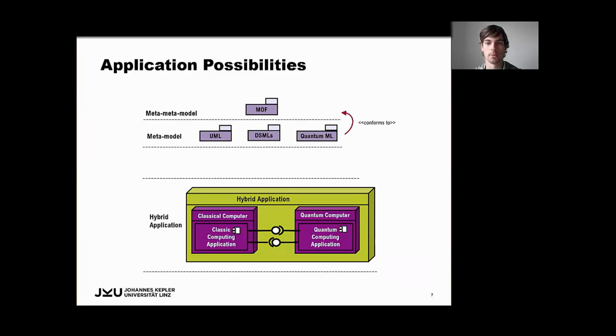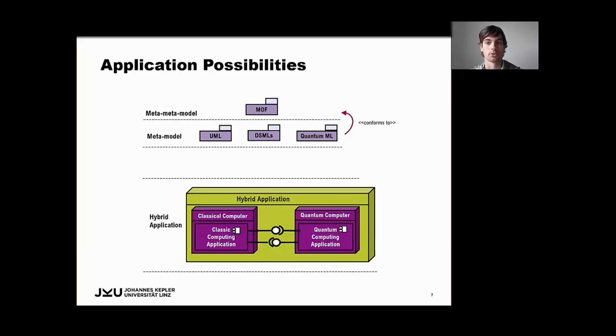So within MDE, models are either created via general purpose modeling languages like UML, or with domain-specific modeling languages, which are specialized to an application domain. And these DSMLs can be further categorized into languages focusing either on the problem domain, like the one we propose in our paper with the problem domain of social network analysis, and languages focusing on the solution domain. An example here would be a DSML that serves to ease the design of particular quantum algorithms.